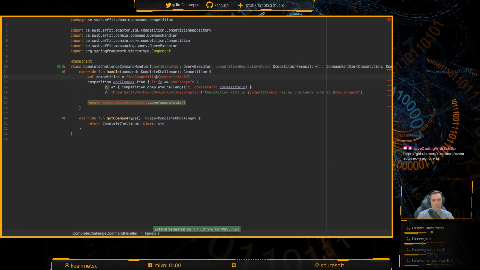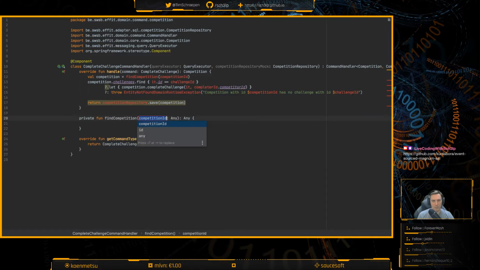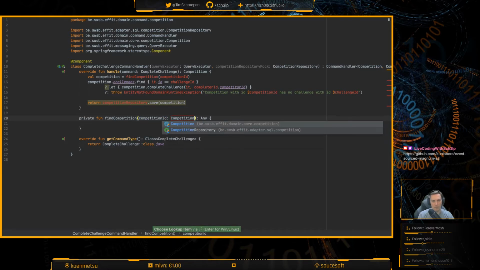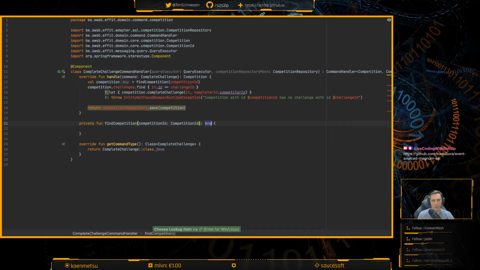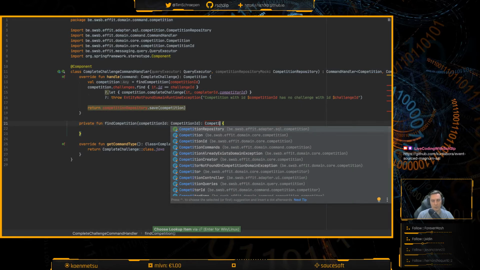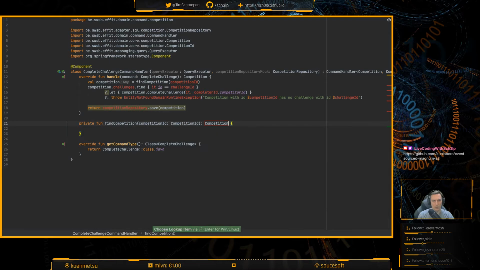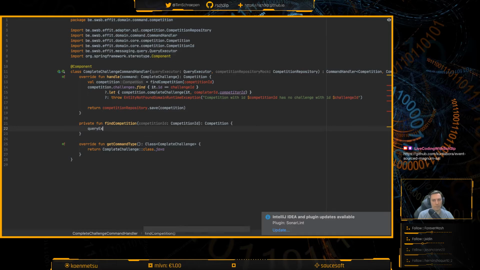So find competition. Should be a competition ID, which should return a competition, in fact. And we'll do query executor. Oh, these aren't values.